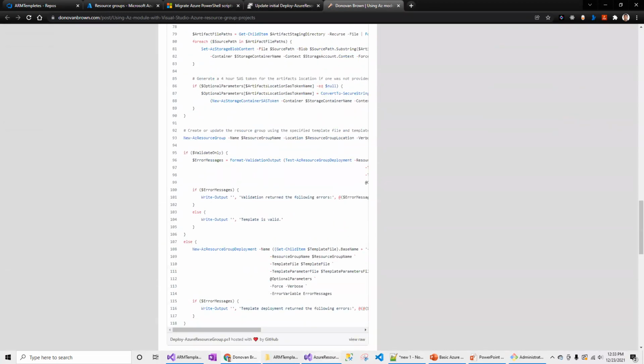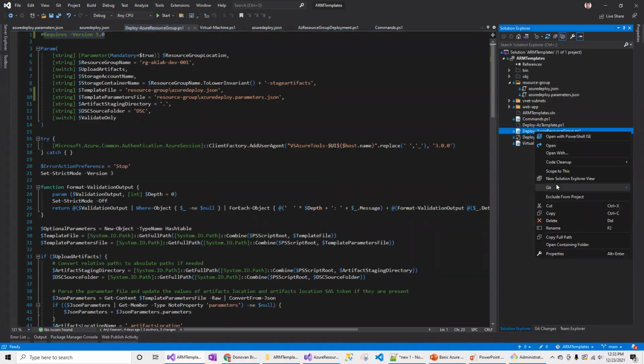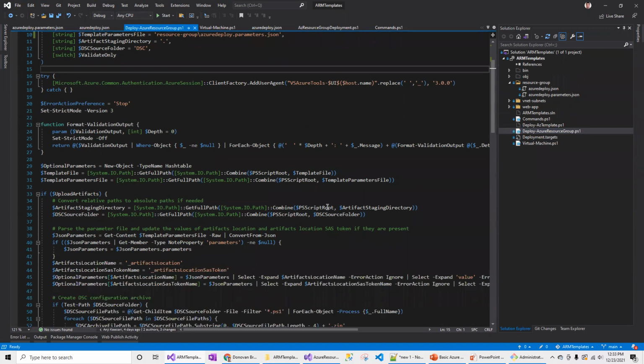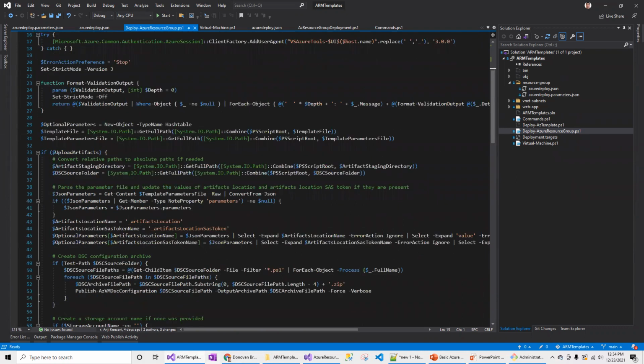I have copied this new PowerShell script and pasted it here to make it work. So that's one of the changes. Make sure that when you create the Azure resource group template from any of the Visual Studio versions, you update it with the latest Azure PowerShell script commands. So that's point number one.